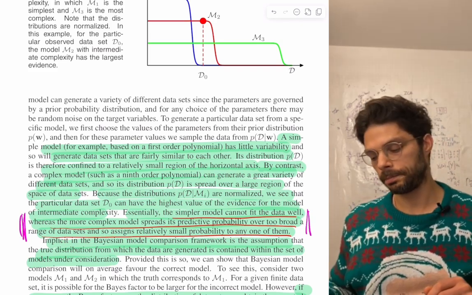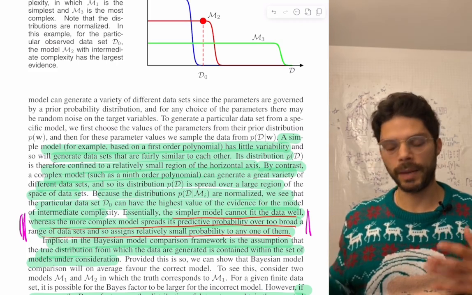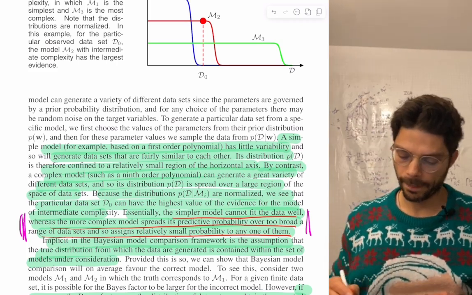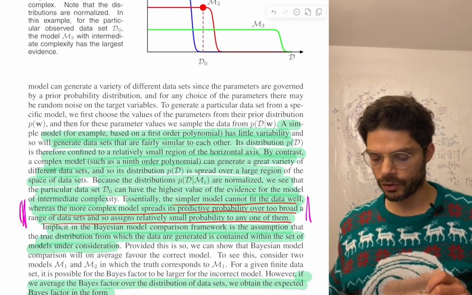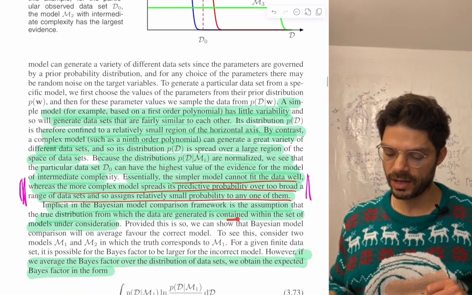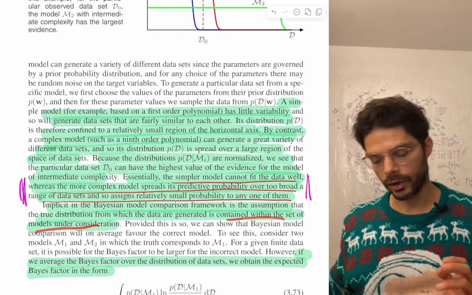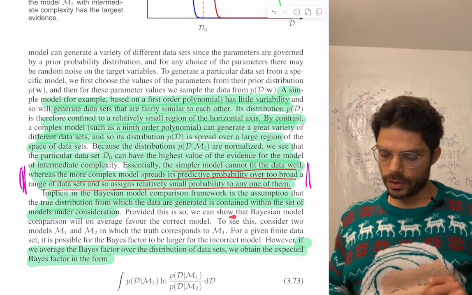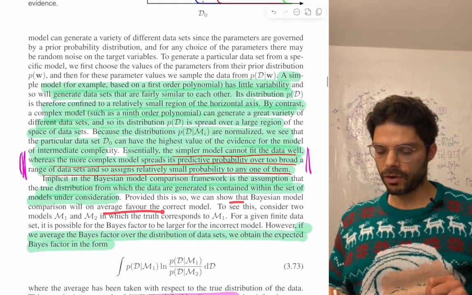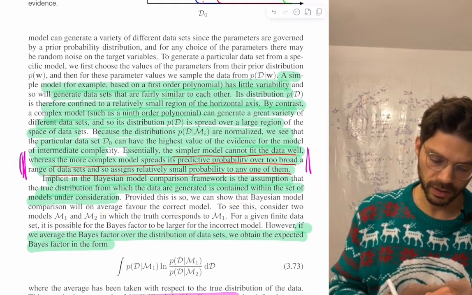Why you want the balance between the two types of models. Implicit in the Bayesian model comparison framework is the assumption that the true distribution from which the data are generated is contained within the set of models under consideration. Provided this is so, we can show that the Bayesian model comparison will on average favor, and we'll see that's important,